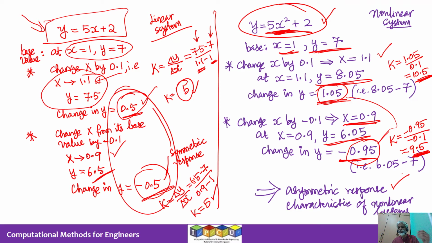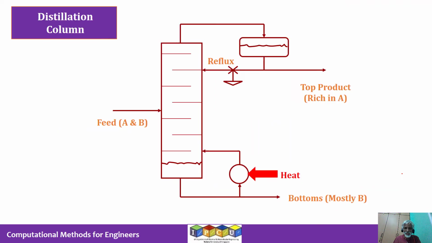So the definition of a nonlinear system is things that are not linear. The nonlinearity can come in multiple ways. There's no way to define nonlinearity, right, apart from saying whatever is not linear, that's nonlinear. So you can define the characteristics of a linear system. You have to look at something called the superposition principle, right? So linear systems obey this principle of superposition and so on. So this asymmetric response is one characteristic of a nonlinear system.